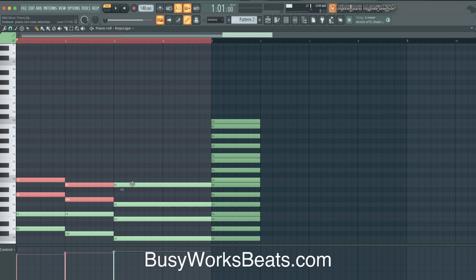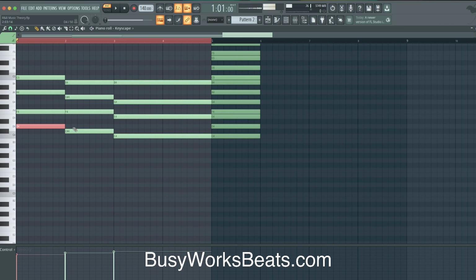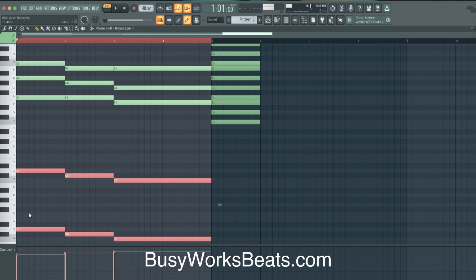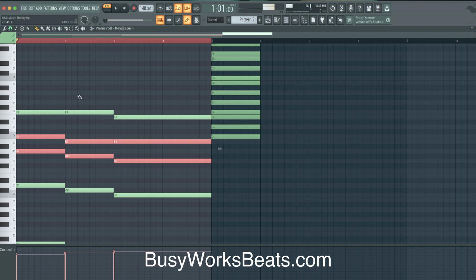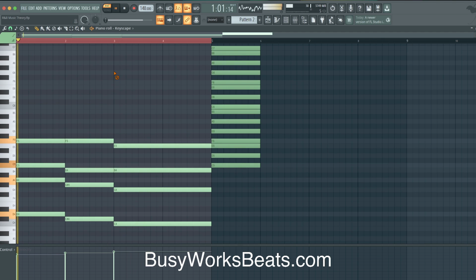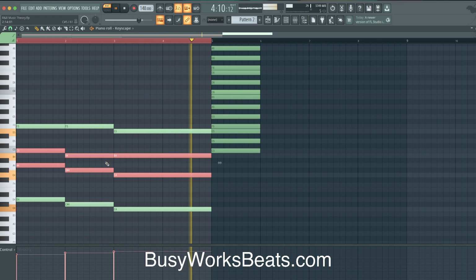Now what we're going to do though is Control Z this. Let's go all the way back. And we need to thicken up this chord. So firstly, let's take these bottom notes, pull them down an octave. And let's separate these bottom notes completely. And then let's revoice these. Now pull everything up. Now it sounds a little more spread.